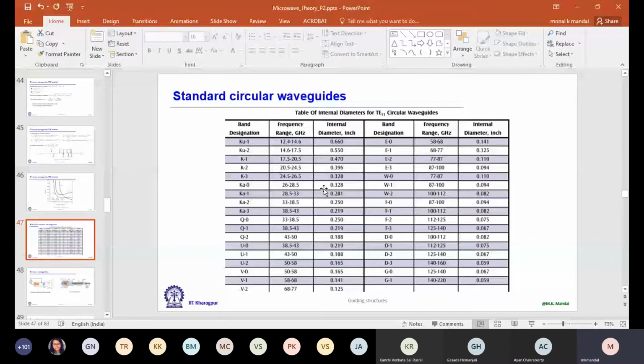And it covers 12.4 to 14.6 gigahertz. Okay, so how is this bandwidth defined, and why is it different from the rectangular waveguide? For the left-hand side, we use the same definition: from cutoff frequency, we go to 1.25 times, and from that point we start propagation. And the right-hand side of the band is determined by the generation of the next higher order mode.